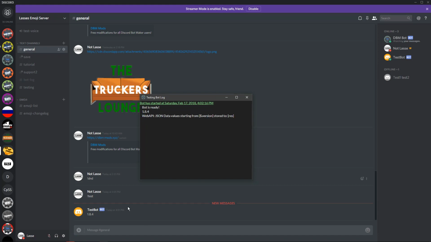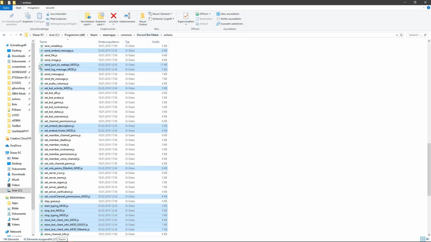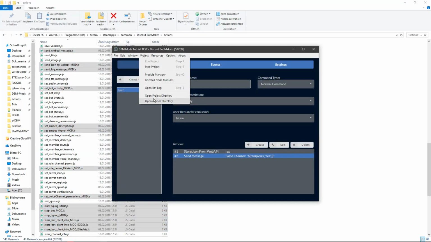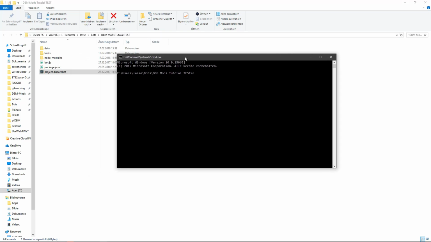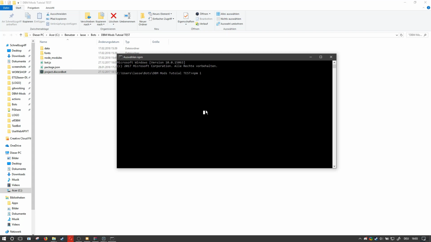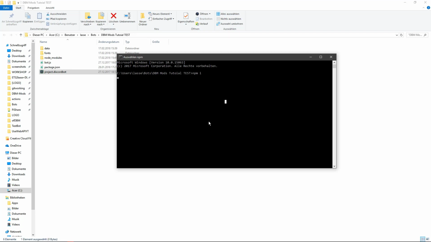Some members have problems with missing node modules. If you have that, simply go to your project folder, open the project directory, and type cmd here, and now you will have to type npm i. This will install all node modules which are required in this file. If it says npm is not a real command, simply download npm from the internet. And if you still have an error like request or valid URL is not found, please write